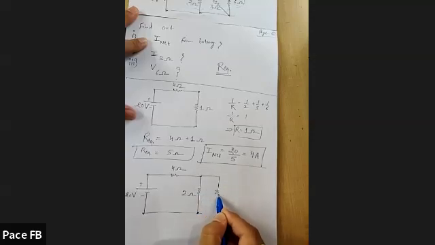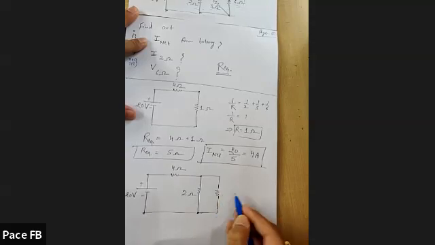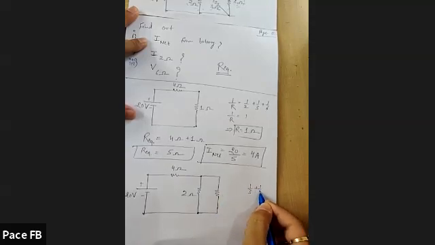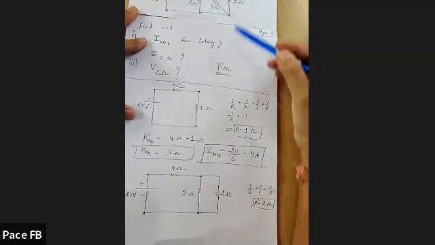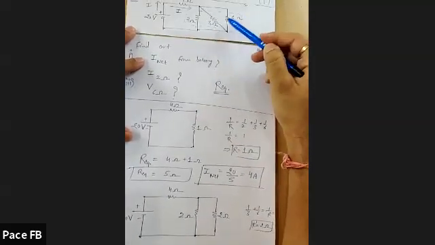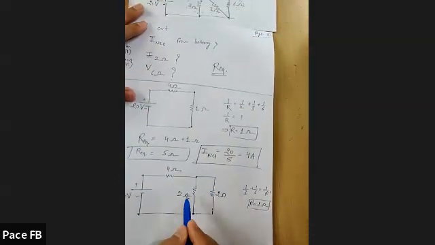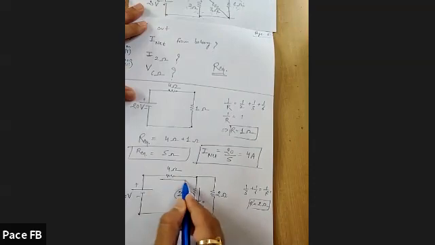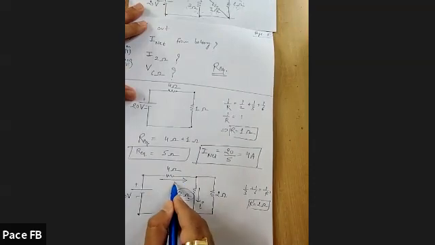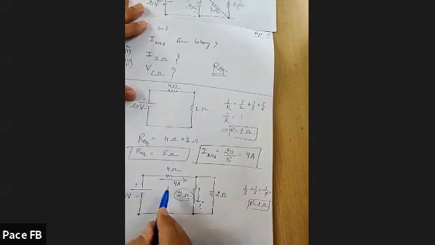So convert both of them into a single resistor. What would be the resistance? 1 upon 3 plus 1 upon 6 is equal to 1 upon R dash. So this R dash comes out to be 2 ohm. The equivalent resistance of this 3 and 6 comes out to be 2 ohm, and that 2 ohm is in parallel with another 2 ohm. So we have to find out this current, small i, and you already know this capital I was 4 ampere. 4 ampere current is coming from the battery. Now you have to split this 4 ampere into these two resistors.